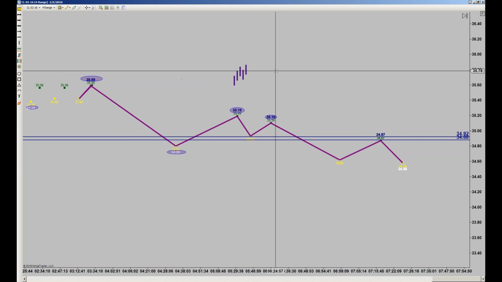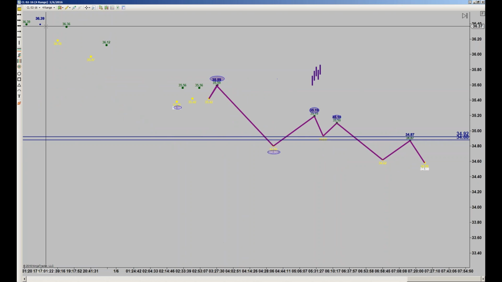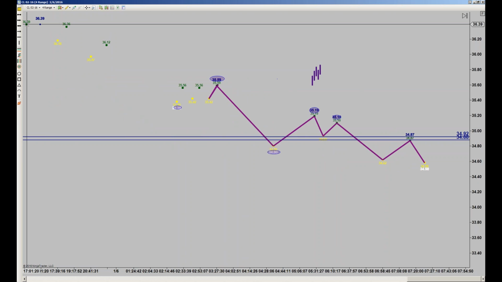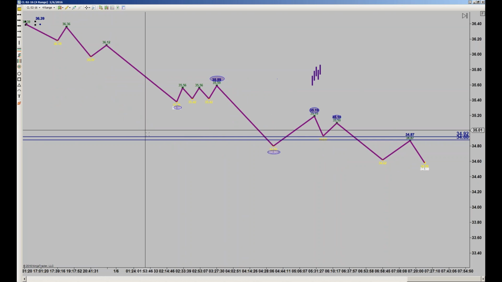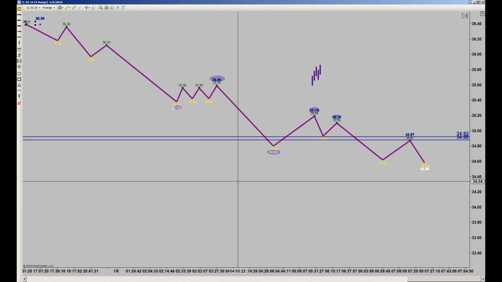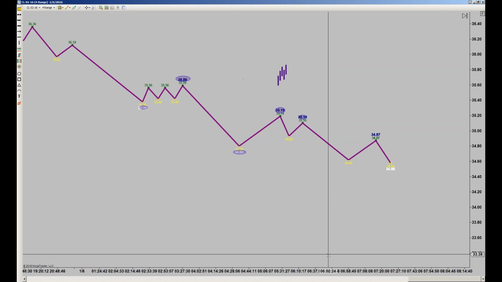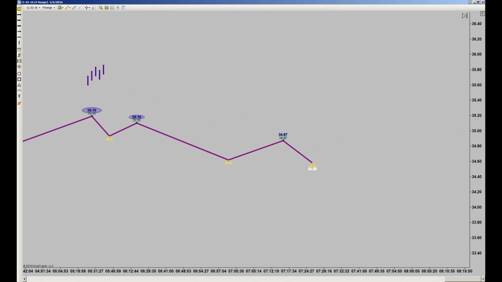Okay. Now, what I like about Lightning 3 is looking at it on a chart, because I can tell by looking at this thing that it is just literally heading down, isn't it? Now, I don't even have any bars on this chart, but I can tell you that I would be looking mostly for shorts, wouldn't you? Okay, so let's add another indicator. Let me get rid of some of these lines on the chart. We don't really need that right now. All right, let's go ahead and add